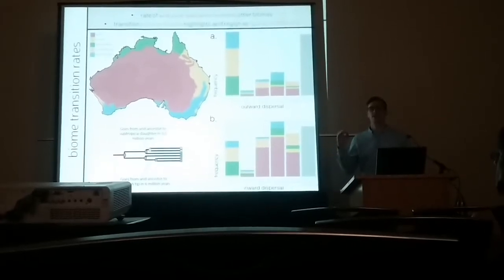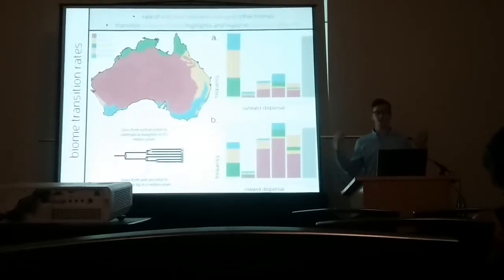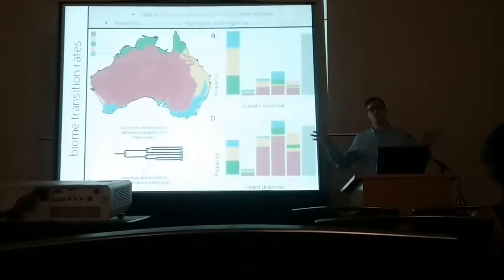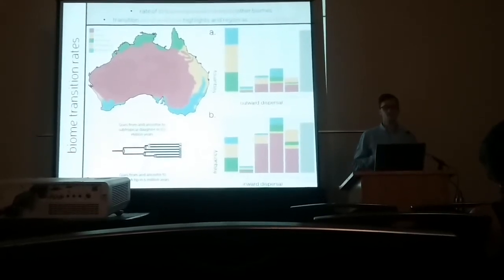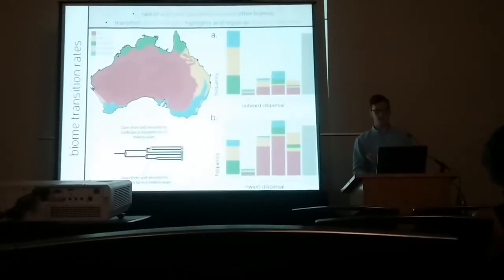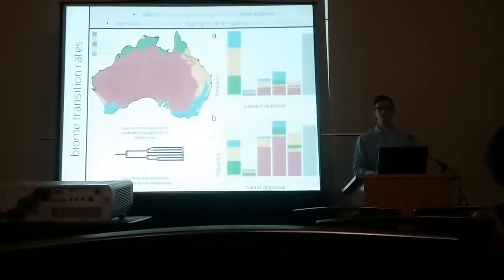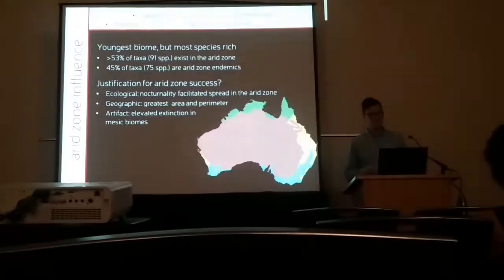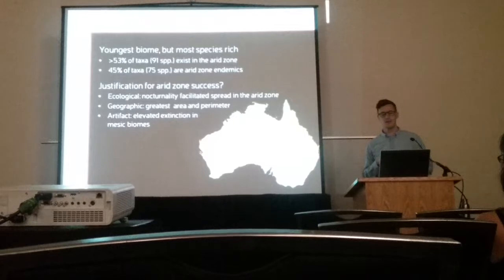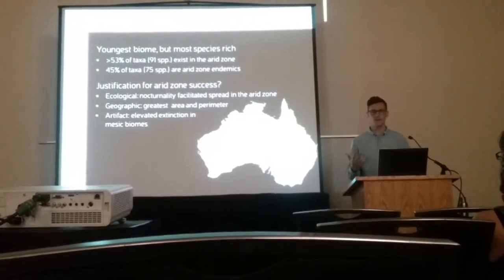So it suggests that the arid zone hasn't been just a sink for diversity, where, as the arid zone expanded, things have disproportionately moved into the arid zone, but they've also been moving back out of the arid zone into other mesic biomes, which is pretty interesting given that as the arid zone expanded, the mammal fauna and bird fauna really decreased or moved towards the edges. So we've got this really quite young arid zone that has an increased rate of species accumulation as well as an increased diversity.